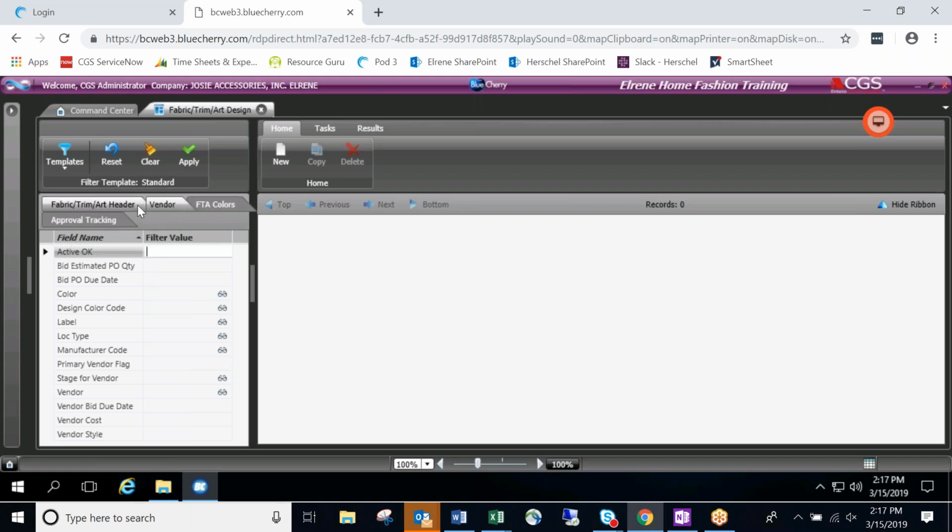So you'll see how that relates to an FTA record once we go in there and overview it. But I did want to go over the filter here, let you guys know it's the same type of idea that's in the Design Master. What you do is you can type into one of these fields, and then you click apply. You can also click enter,